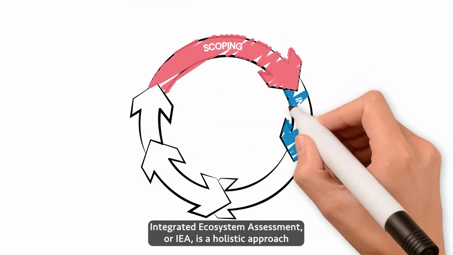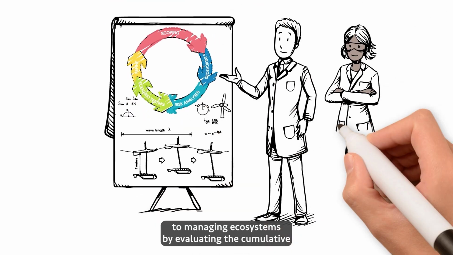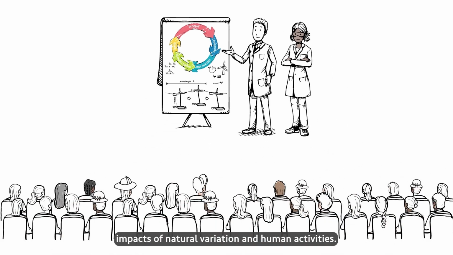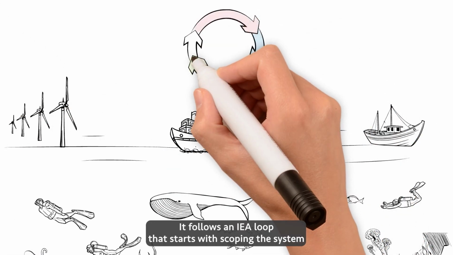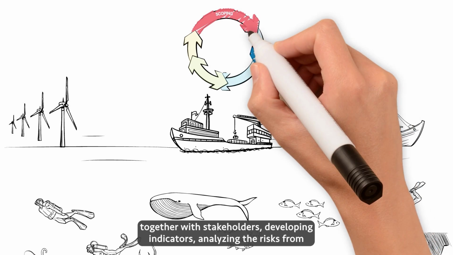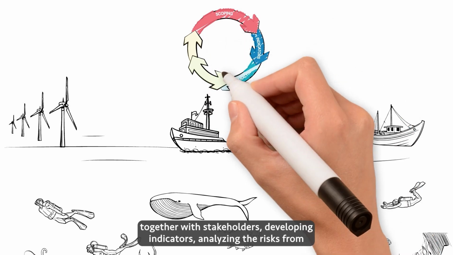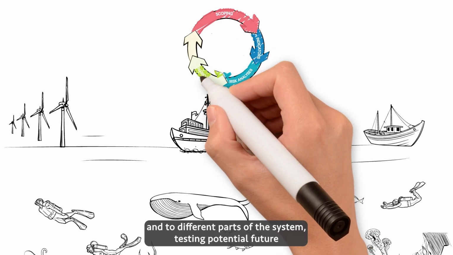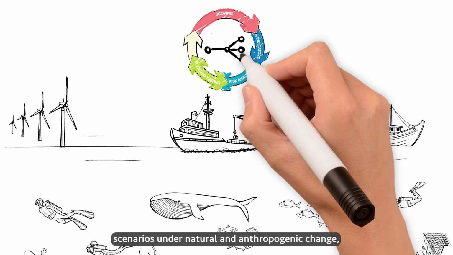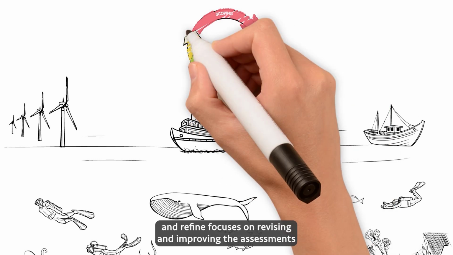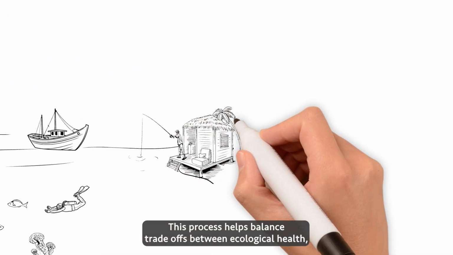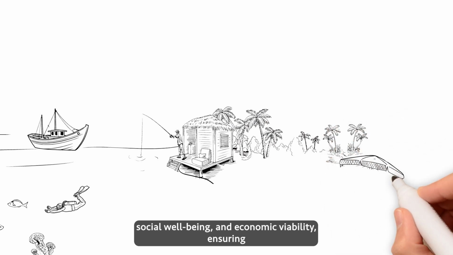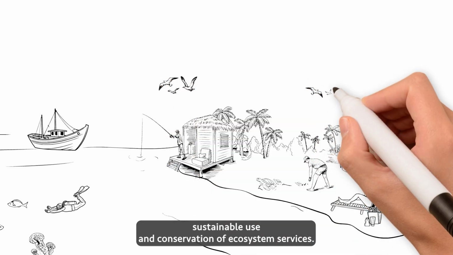Integrated Ecosystem Assessment, or IEA, is a holistic approach to managing ecosystems by evaluating the cumulative impacts of natural variation and human activities. It follows an IEA loop that starts with scoping the system, together with stakeholders developing indicators, analysing the risks from and to different parts of the system, testing potential future scenarios under natural and anthropogenic change, and refine focuses on revising and improving the assessments based on the outcomes and insights gained from earlier stages in the cycle. This process helps balance trade-offs between ecological health, social well-being, and economic viability, ensuring sustainable use and conservation of